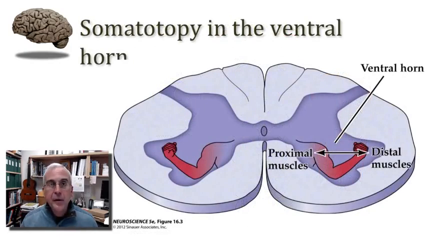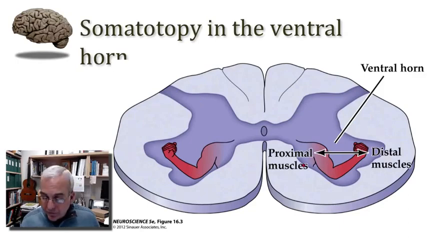If we look at the arrangement of these columns of motor neurons that innervate specific muscles, what we see is a beautiful and hopefully memorable somatotopic organization. Again, I'll use this word somatotopy that we talked about when we considered the somatic sensory system to refer to the mapping of the body. So we see a kind of somatotopy now in the organization of our lower motor neurons in the ventral horn